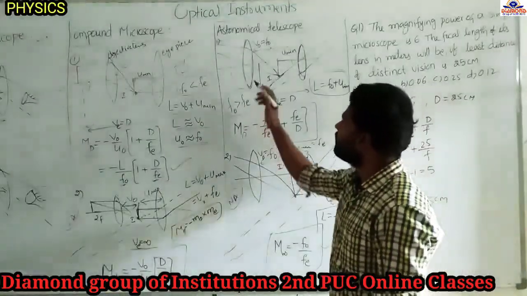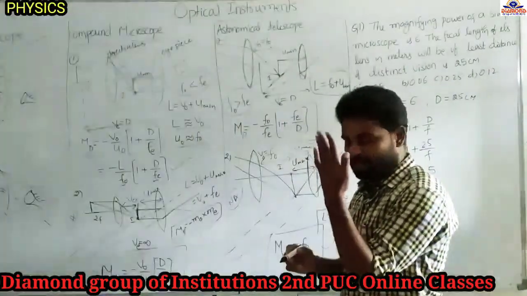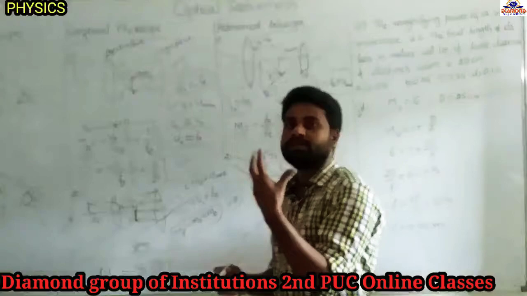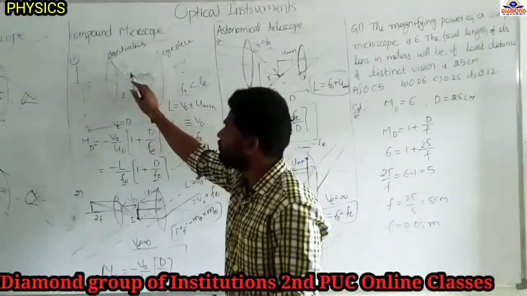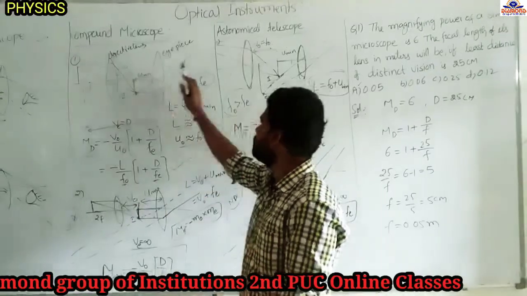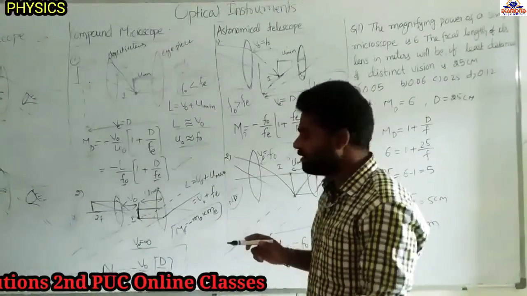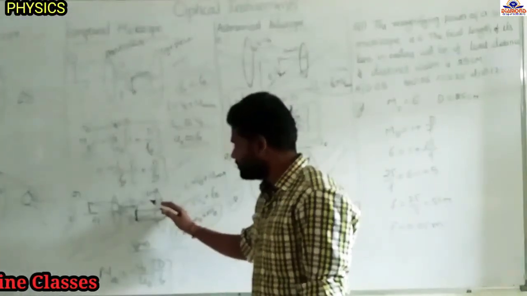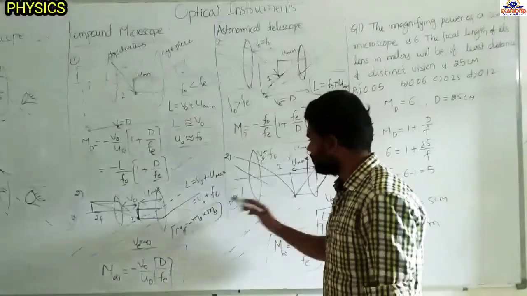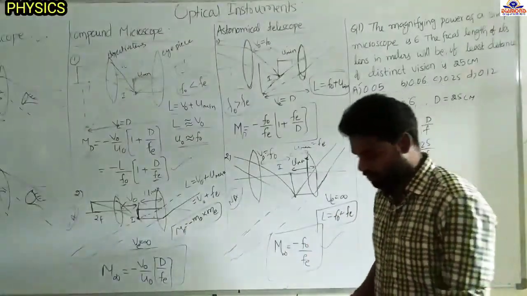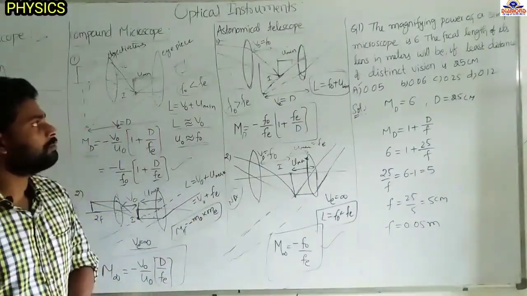Next, here the object is at the minimum distance in this case and in this case. If the object is very close to the eye, our eye will feel some strain. So if the eye is strained, the object distance is minimum, here also minimum. If the eye is in the relaxed state or normal adjustment, then the object distance is maximum and the image is forming at infinity. Remember these cases also. Next, based on these formulas, we are going to discuss the problems.